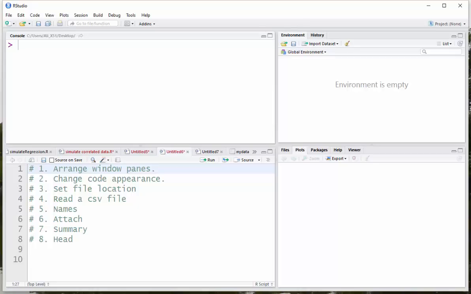Okay, once you have R and RStudio loaded, this is what RStudio looks like. You'll have four windows over here, arranged slightly differently than what you have as the default, but we'll fix that right away. So one thing I will tell you is at the bottom here, this is the code that I'm writing, and